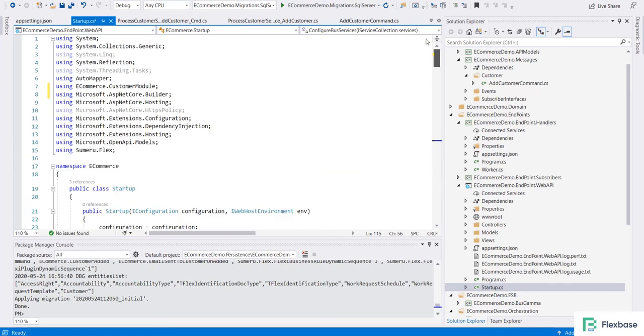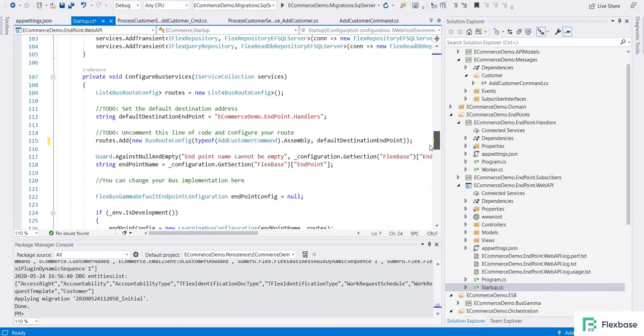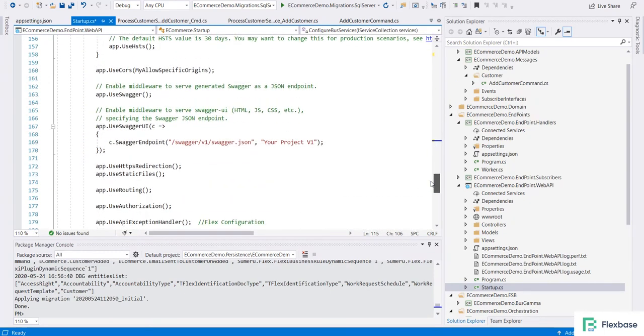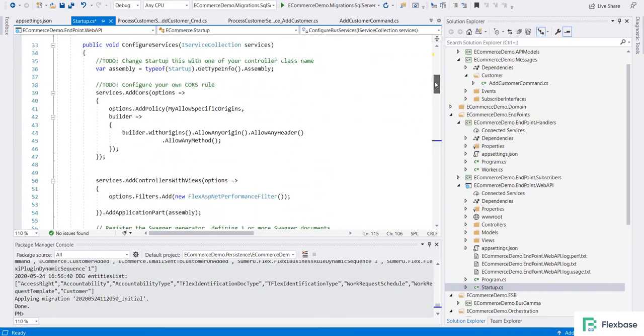So the namespace is added for the command and the bus is configured. Any command in the assembly demo.messages will go to the destination ecommerce.endpoint.handler. So this is the configuration you need to do.